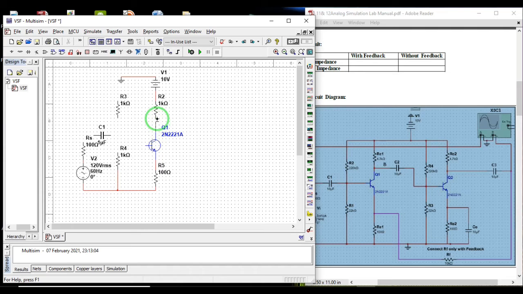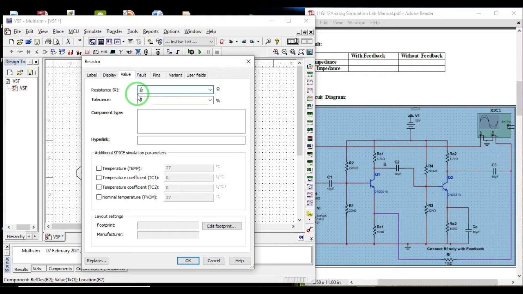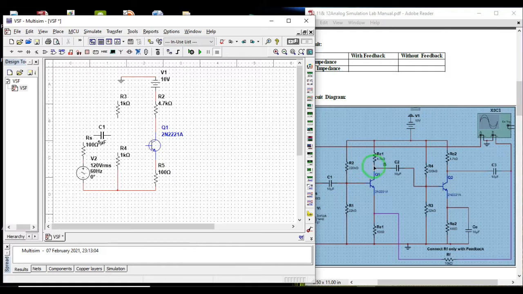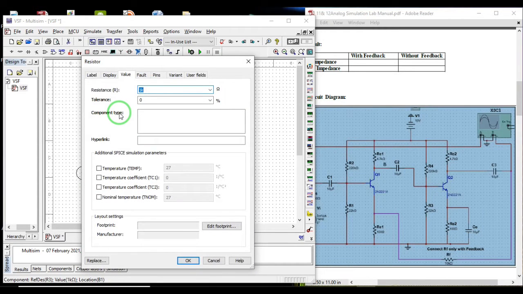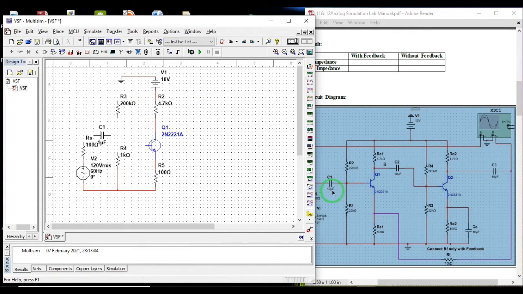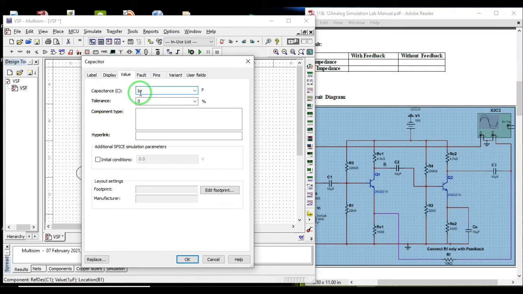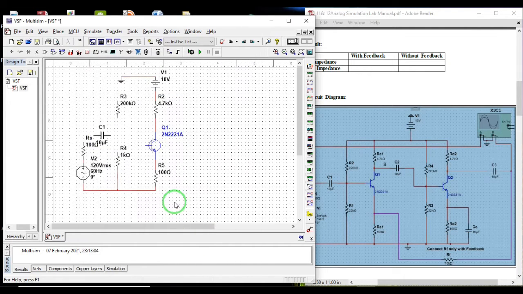So what is this value? This resistance is 4.7k. Okay, 4.7k. Yes, fine. I'm not changing R2 into RC1. That is fine. What matters is value. Naming, I'm not taking much care. Okay, so 220k ohm is there. You don't have to type ohm, and we have this as 10 microfarad, so change the value to that value, and this goes here.